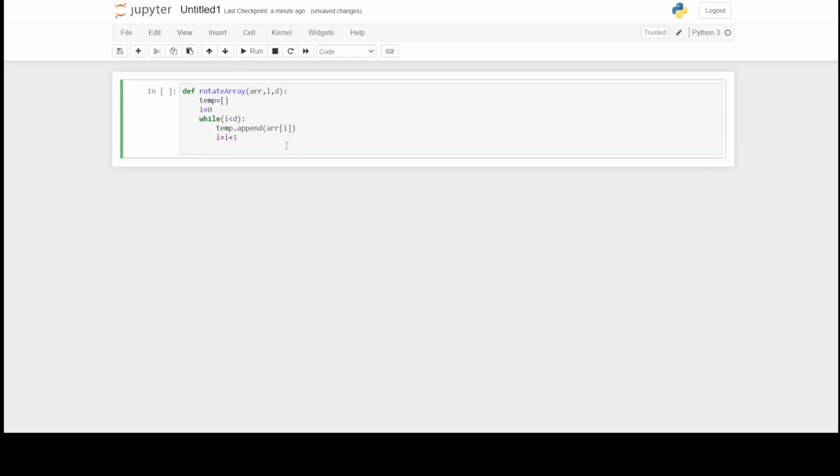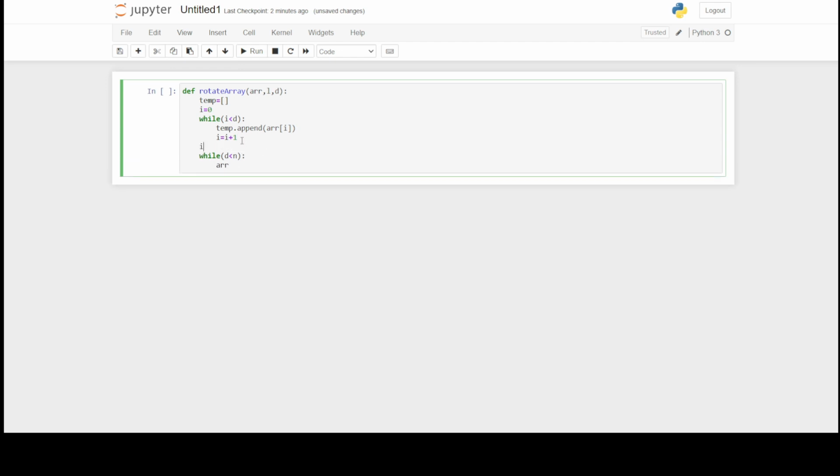After this, we have to take all the elements from d up to n and move them to the left. So take another while loop, while d less than n. We have to move all the elements towards the 0th index. So we will first make I is equal to 0.